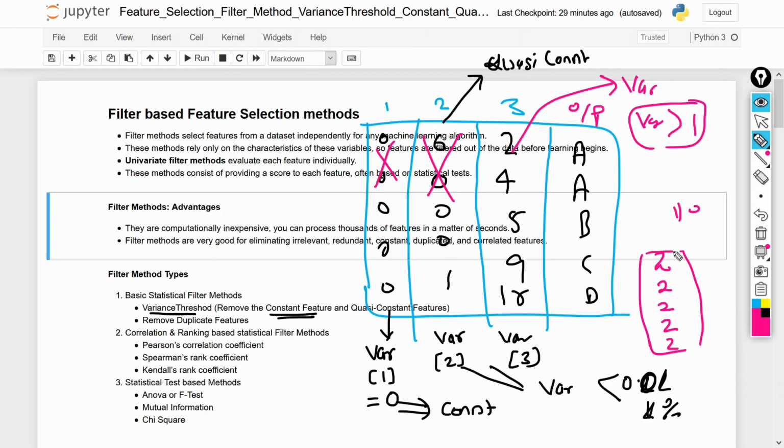So these values will not make any significance while doing the prediction. Correct? If all the values are equal, this value will not make any significance when we perform the prediction or classification. So that's why we remove this type of features in our analysis. So that is called your variance threshold.